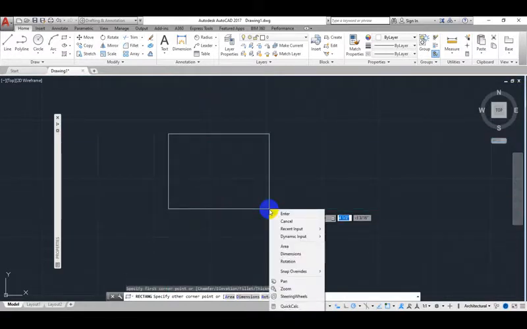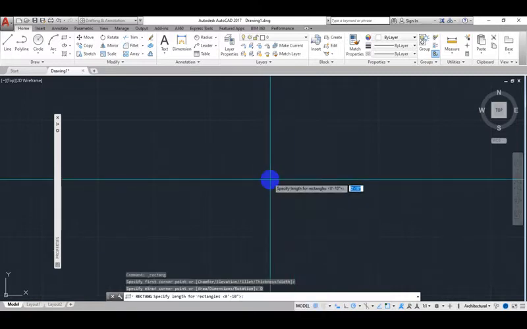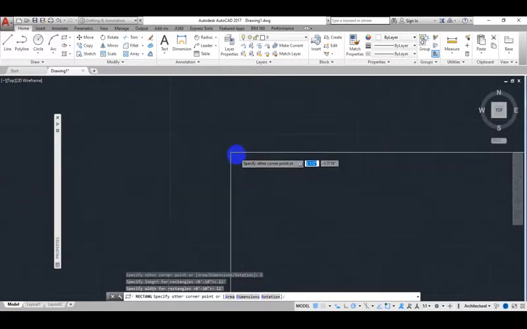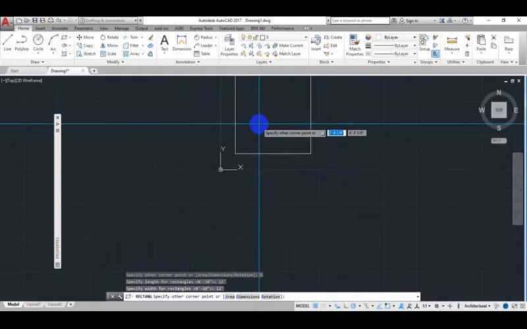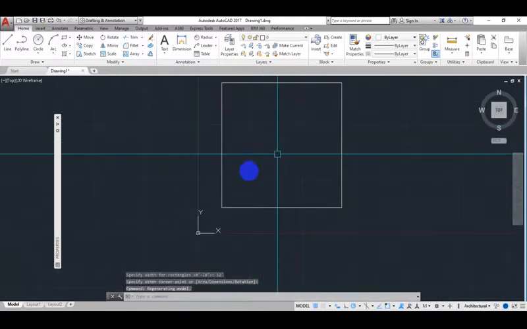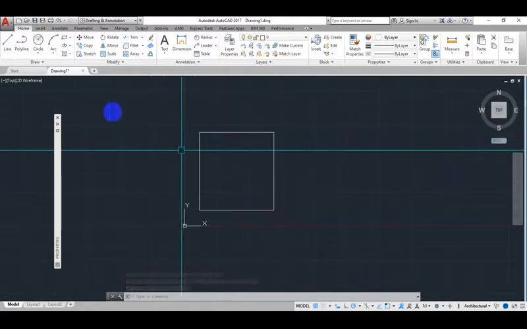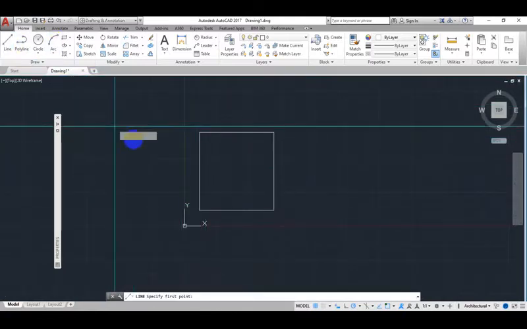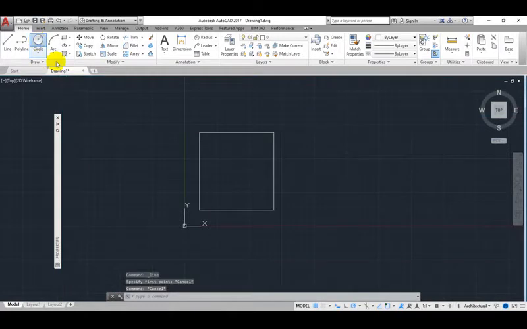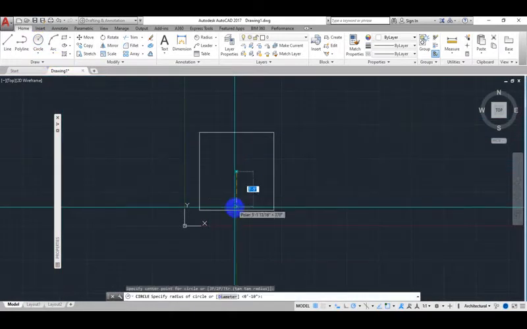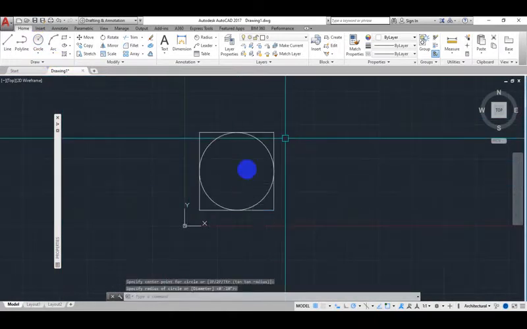In my previous tutorial, I taught you how to draw a rectangle. I come to measurement, I come to dimension, type 12 feet, enter, type another 12 feet, enter. So if I do this, the rectangle here has been drawn according to measurement. So I want to put a cycle in here. I'll come like this. Put a cycle in here.